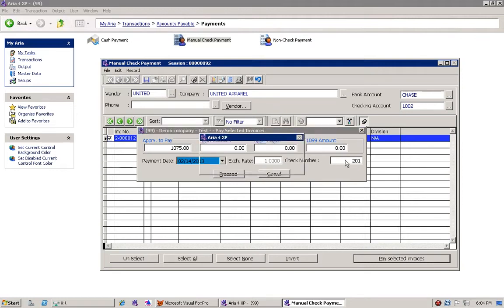And the check number will simply reflect your manual check number on your paper checkbook according to your manual paper form. So it's always a good practice to make sure your system check number matches your paper check number. This way, for cross-reference, you can always refer to the same check number that you have on the printed check form. Once you are done with confirming the payment date and the check number as well as the approved amount